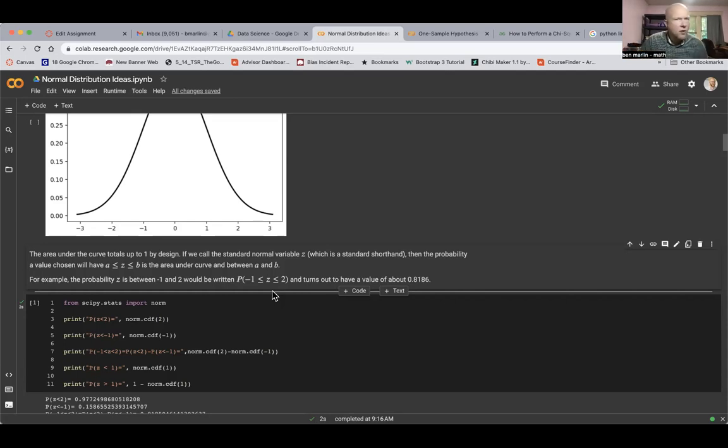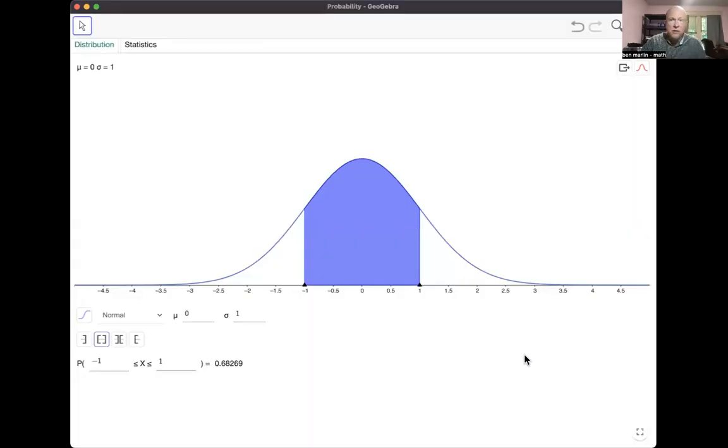Okay. So I'm going to jump over here to a different app that I've got referred to as GeoGebra. You do not need to worry about downloading this, but if you're interested in doing more math stuff, it's a handy app. It works pretty much like Desmos does for plotting, but it has more stuff like this that I'm showing you now built into it.